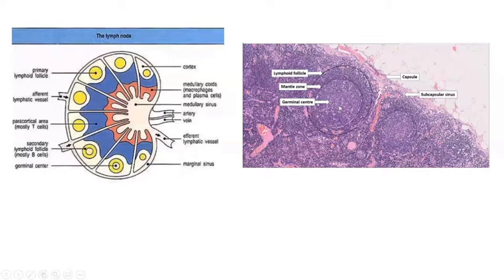The outermost layer is known as the mantle zone. The mantle zone will have resting B cells. The mantle cells are CD5 positive. The outermost layer will be comprising mature B cells. Okay. And so this germinal